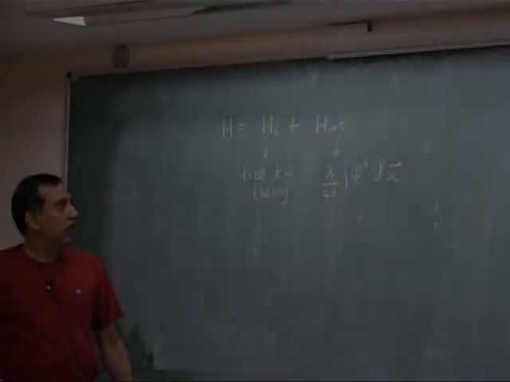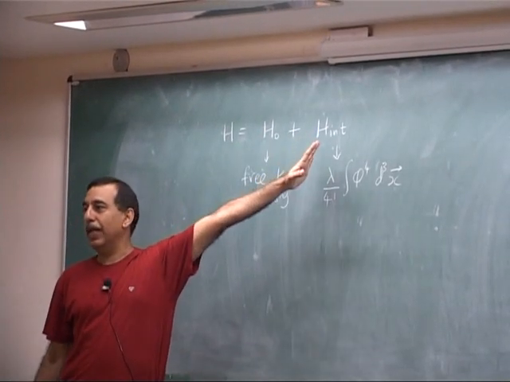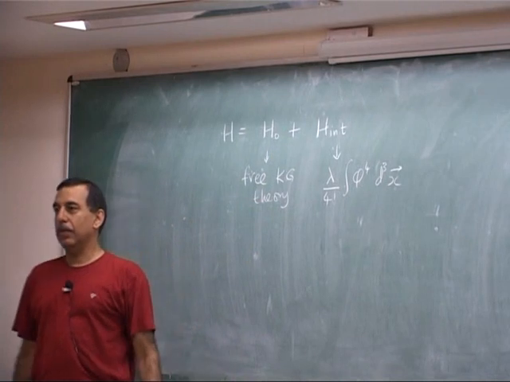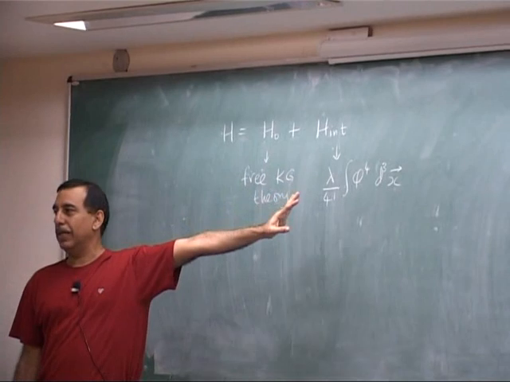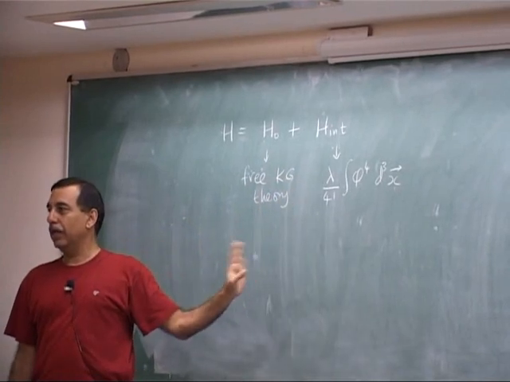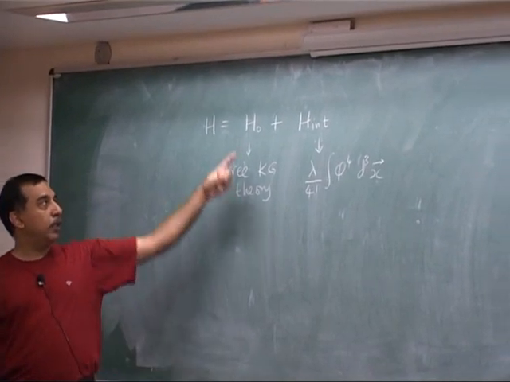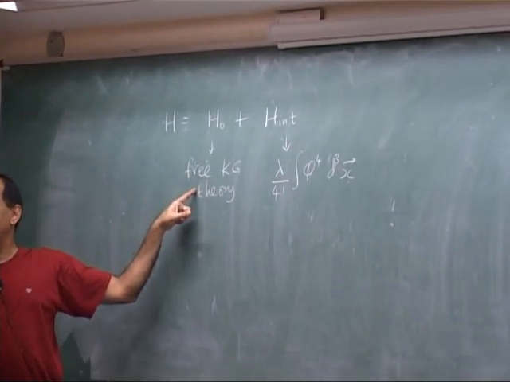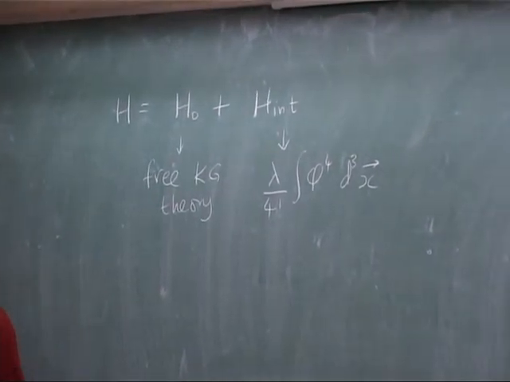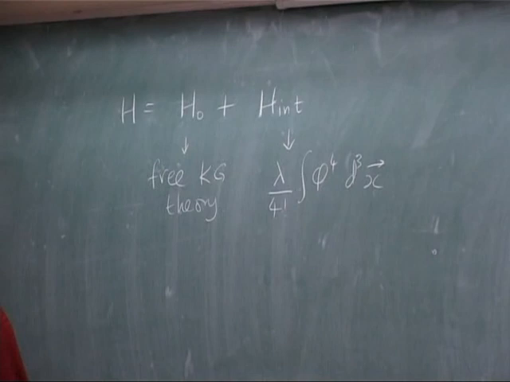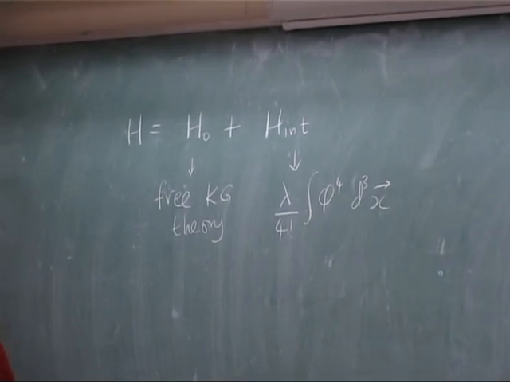But of course, I can as well keep these notations quite generic, just h0 and h int, and you can easily believe that if it's some other field theory with some other h0 and h int, whatever we are doing will also go through there. Now, the key property is that h0 describes the free theory, and the free theory can be solved because we know the Hamiltonian and its diagonal, and we know all the eigenvalues, and we have all the machinery to calculate